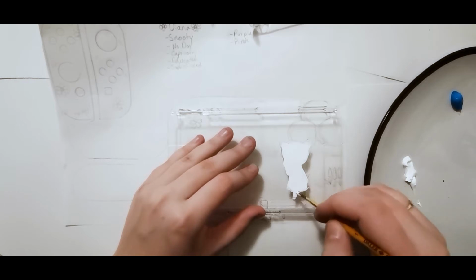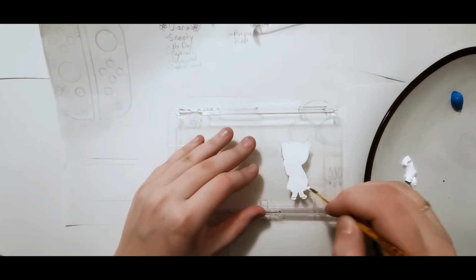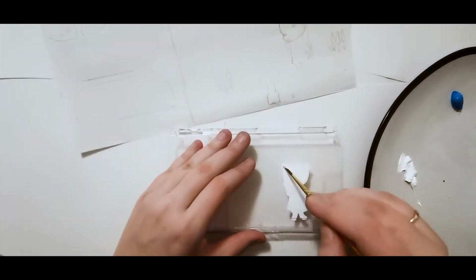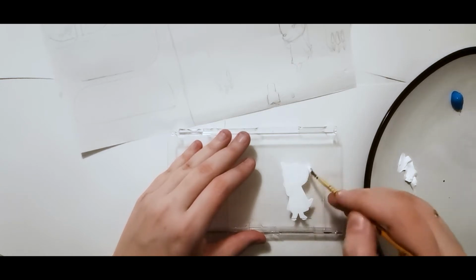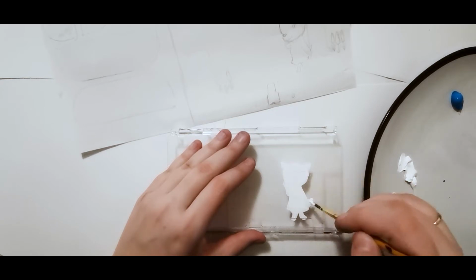So I just started off. I'm just using acrylic paints and an £11 set of paintbrushes from Daler-Rowney that I got off Amazon. I'm starting off with some white acrylic and blocking out Diana's form so that I can go in with the colours afterwards. You might have to use a couple of coats. I think I did one really thick coat and then went over some